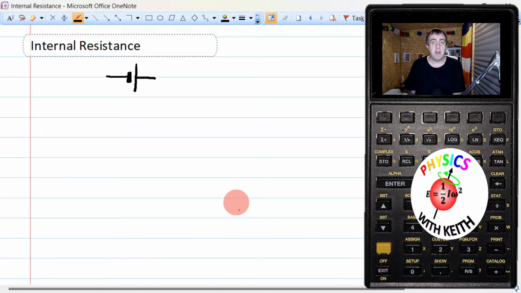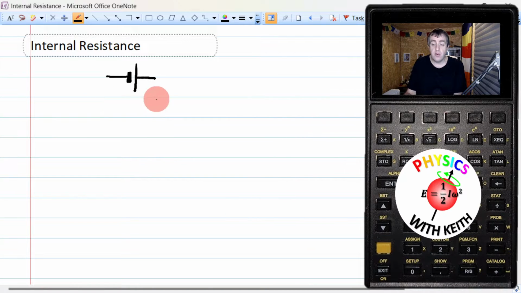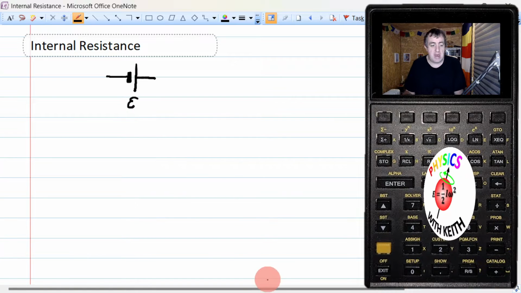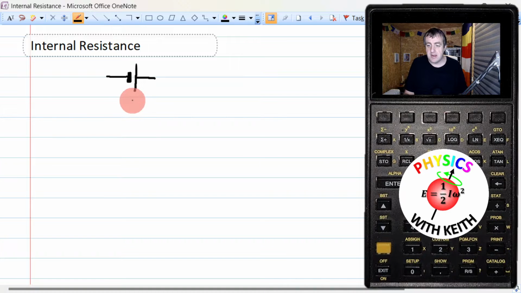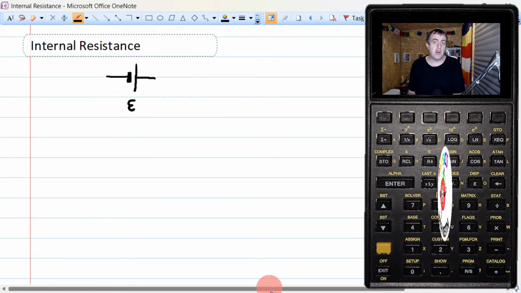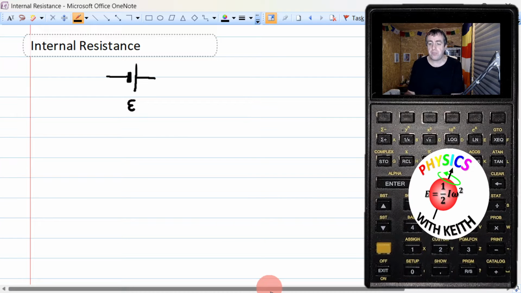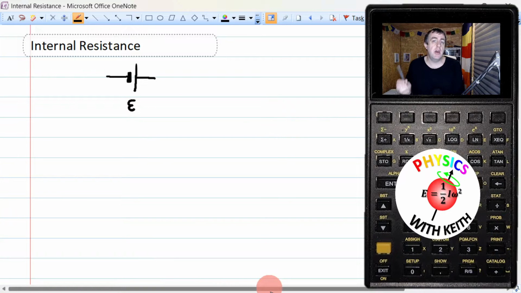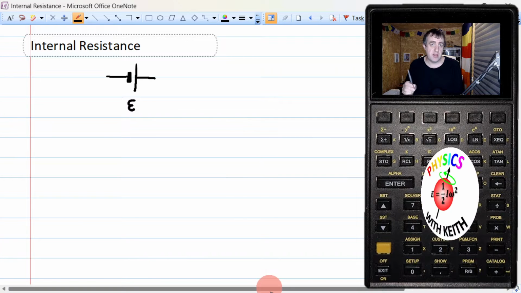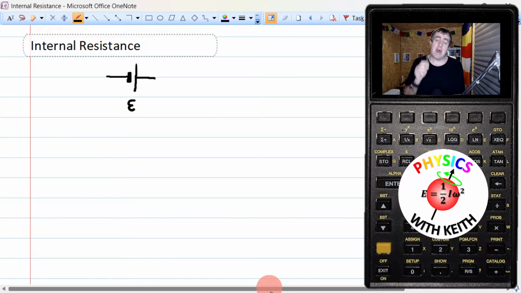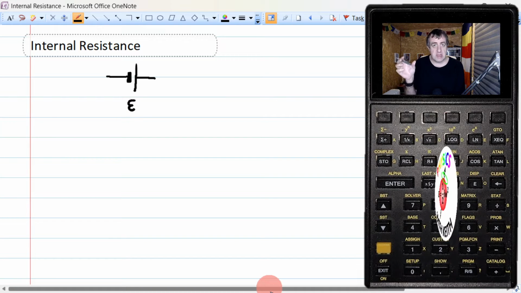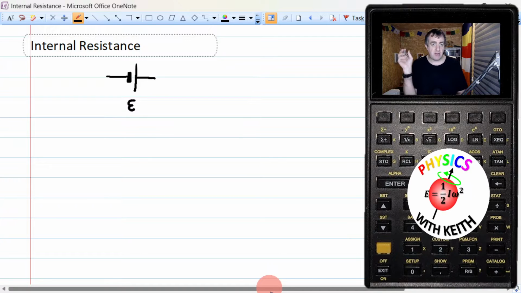The amount of energy per unit of charge that flows through this component that gets delivered is what we call the EMF. Use the Greek letter epsilon for that. So EMF, short for electromotive force, is the amount of energy per unit of charge that passes through this power supply that gets transferred. But power supplies have their own resistance, whether they're a battery, like a AA battery, D-cell